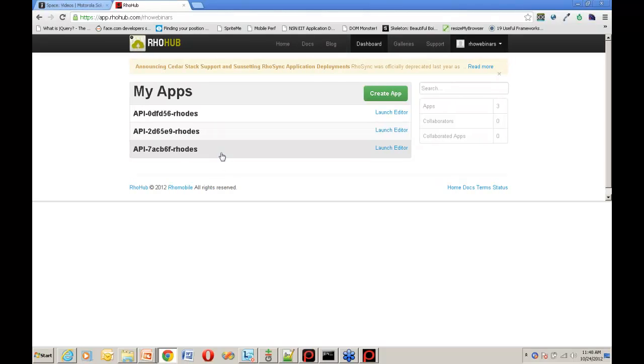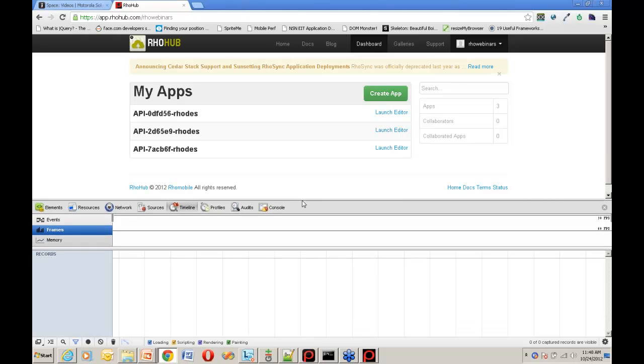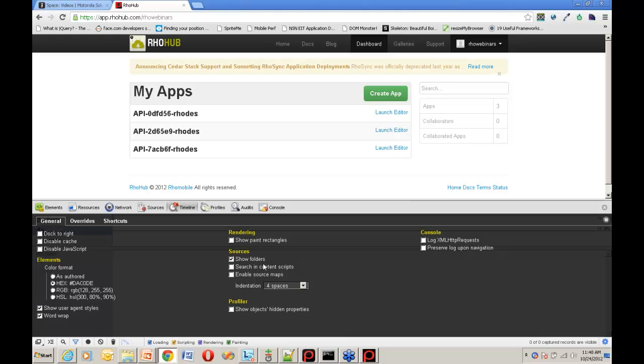I'm sure you've all seen and used the Chrome Developer Tools, and that's not what I'm here to talk about, right? Well, there's actually one thing in Chrome Developer Tools that I find quite useful, and it has to do with changing and testing out different display sizes very quickly, right? I'm sure you've seen the Developer Tools, Control-Shift-I on Windows to launch it, but have you ever clicked on the settings and played around with that? If you click on the settings, and I'm just going to dock this to the right,